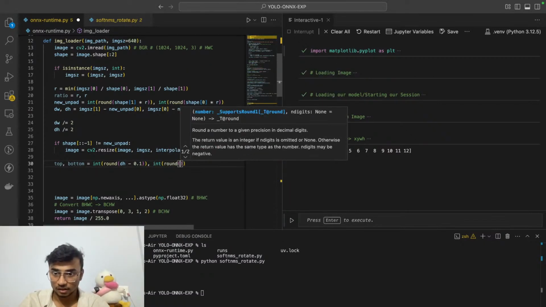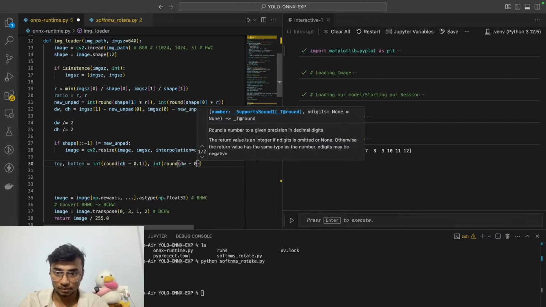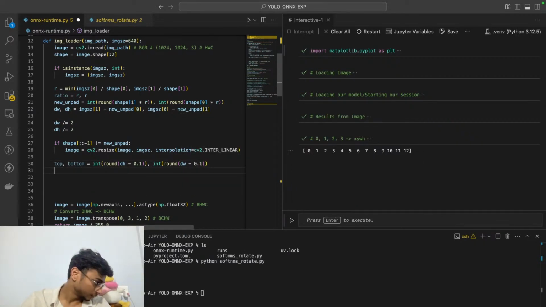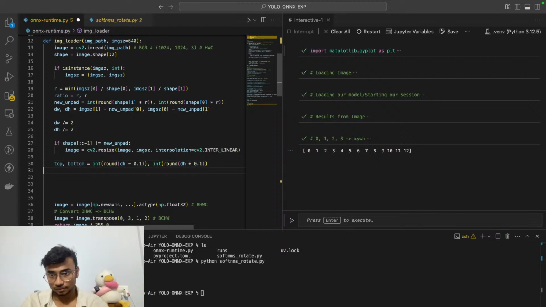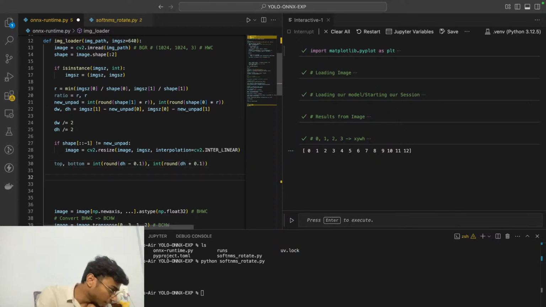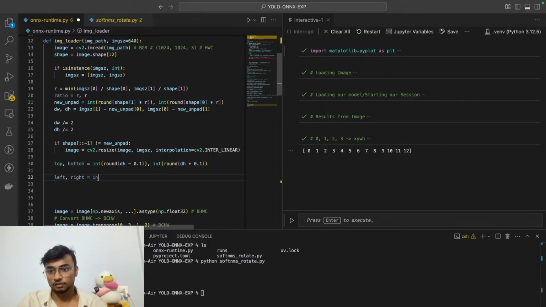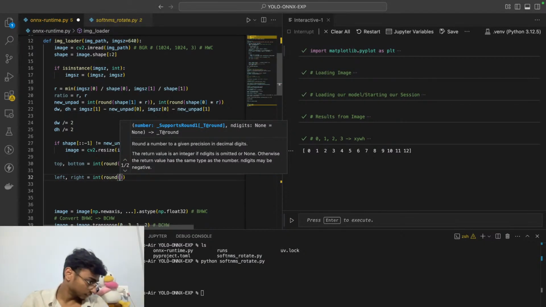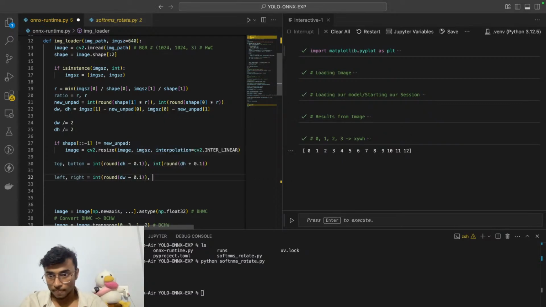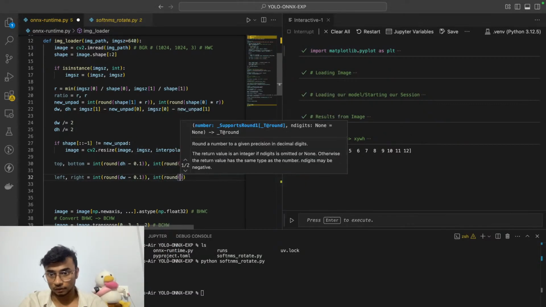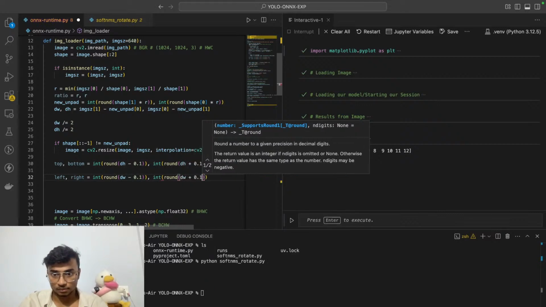And int round dw minus 0.1, or I'm wrong again, dh plus 0.1, correct. And you do the same for left comma right, which is your int round dw minus 0.1 and your int round dw plus 0.1,